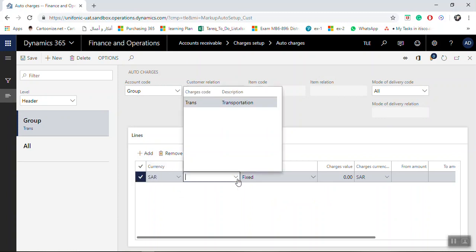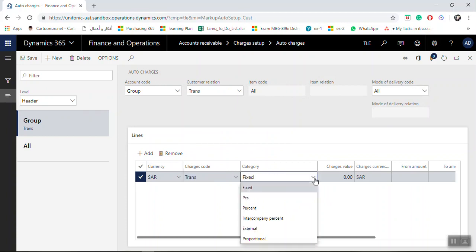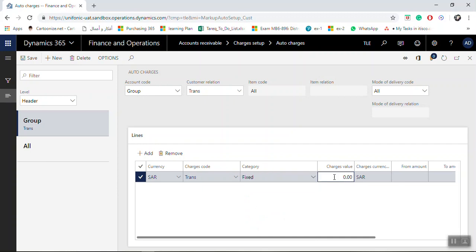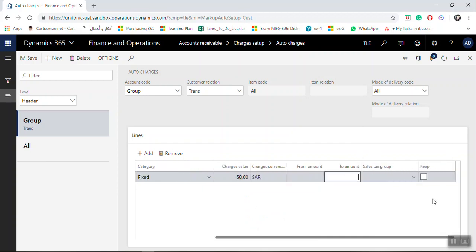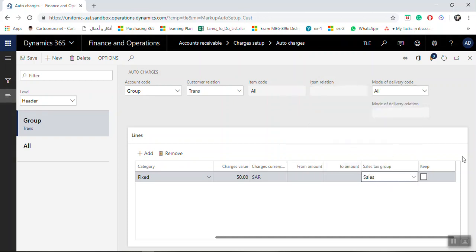The currency, you can select the currency. What is the charge code? Here, transportation. You need the value, whether it is fixed, percentage, external, or proportional. For example, I will select fixed, it will be 50 SAR. If the amount, you can select a range from which amount to which amount. Here, sales tax group, if you need to assign this to a sales tax group, it gives you the advantage. Keep here, it gives you the option if you select keep,